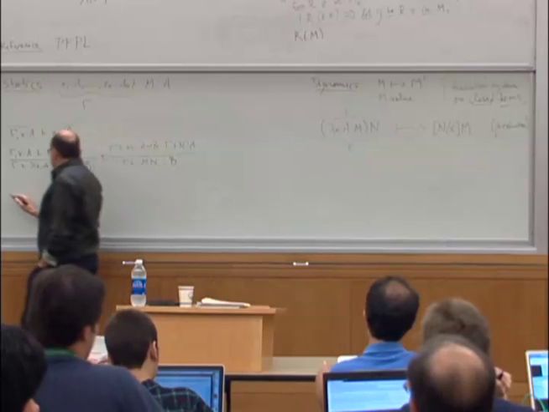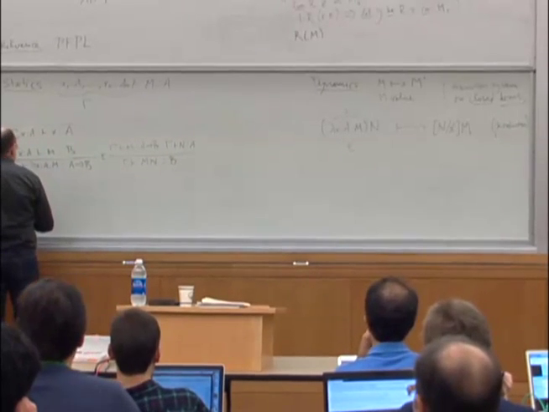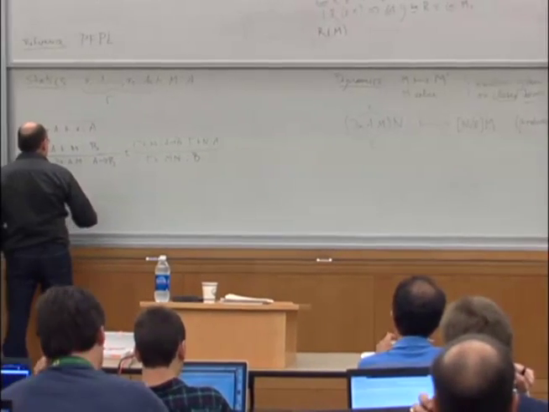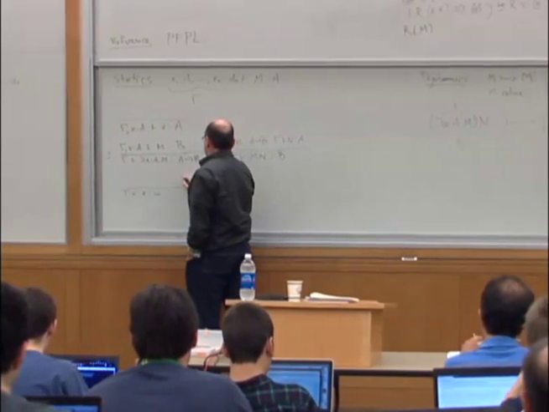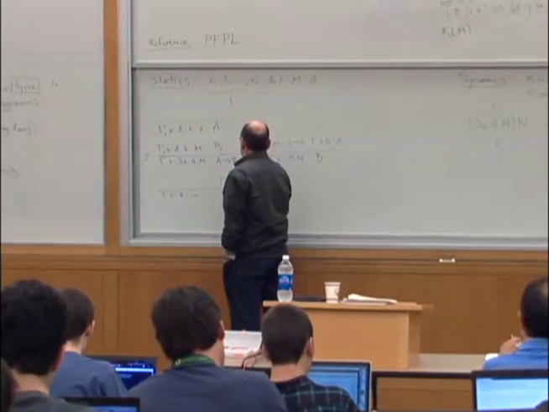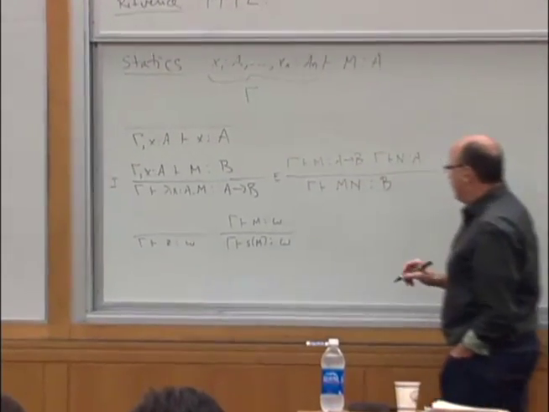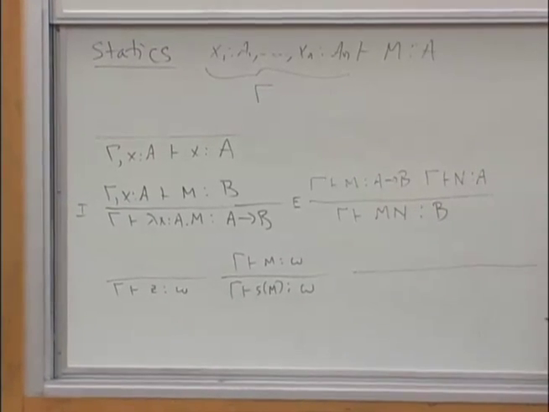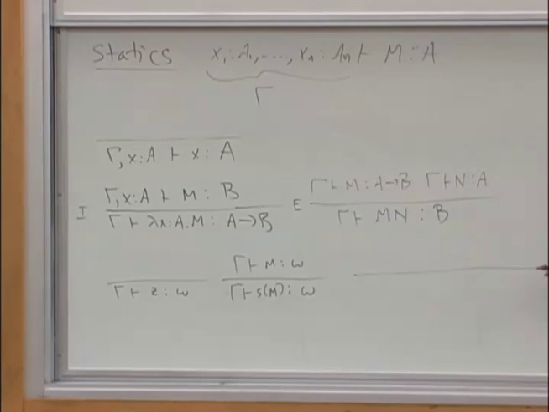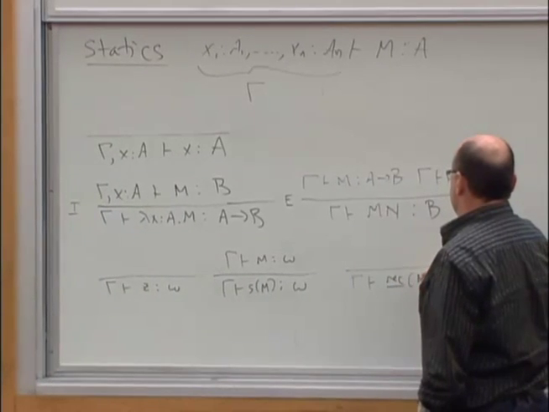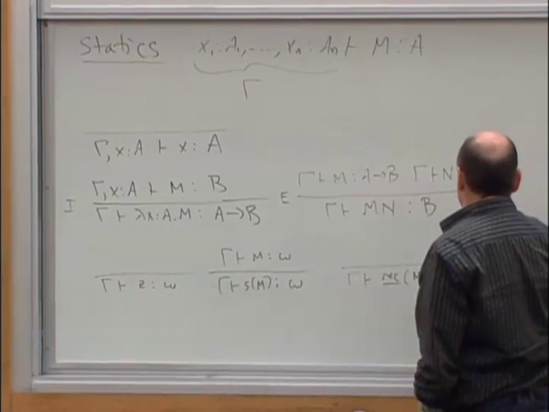Okay, and then similarly, we have a pattern of introduction and elimination for the natural numbers. So what we'll say is that 0 is a natural number, and we will say that if m is a natural number, then the successor of m is. You are not surprised by that. And then how do we give a typing rule for the recursor? So if this made sense to you, then it will be no problem to derive what the typing rule for the recursor is, because it's a kind of conditional branch, isn't it? So what it does is it says